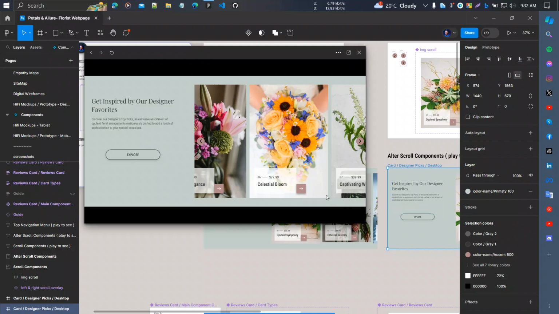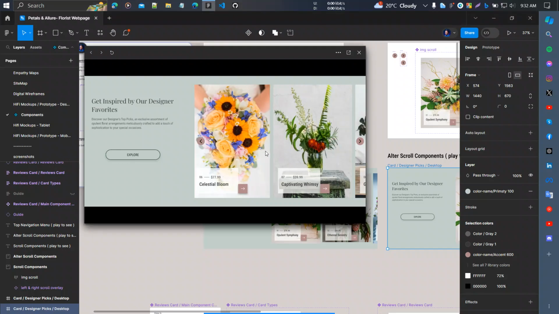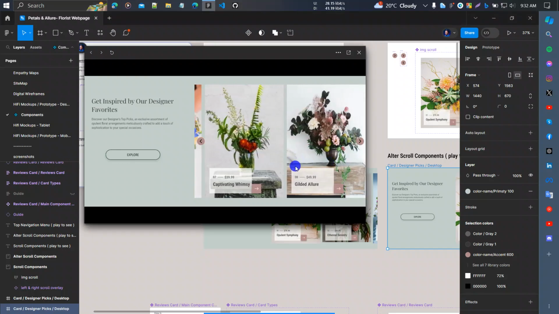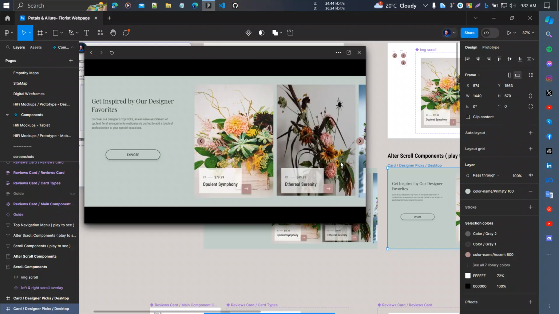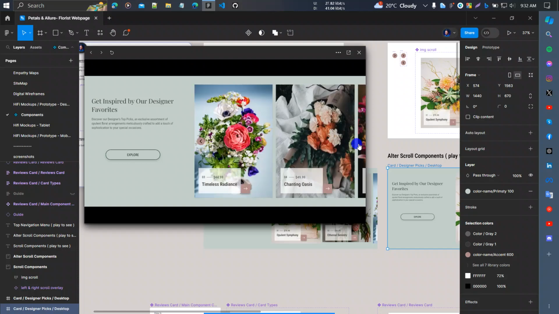Today I am showing how to create horizontally scrollable content like this one. Here is a button. If I click the button, or